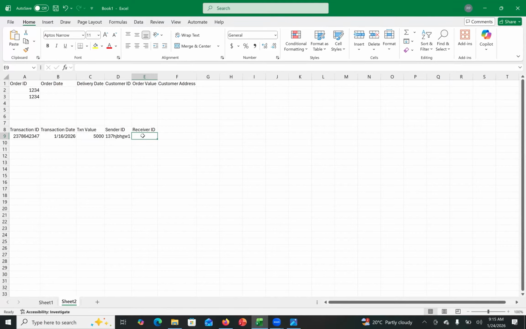Right? Ideally, that kind of data should not be there in the transaction table. Just imagine in a banking table, right? You have the sender ID, you know that someone is sending money, you know that he is sending money of 5,000 rupees, you know on which date he is sending the money, but you don't even know to whom you are sending the money, right? That will be a problem because in that case, the bank will receive the money, but